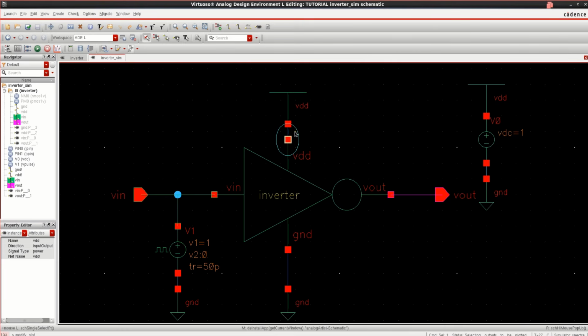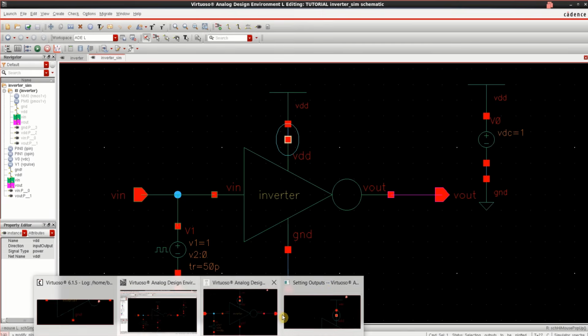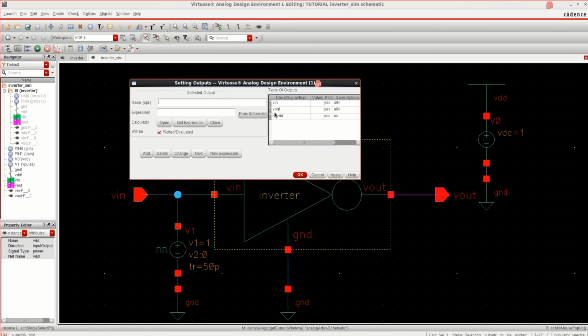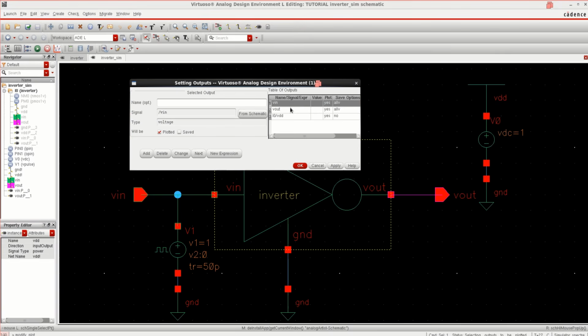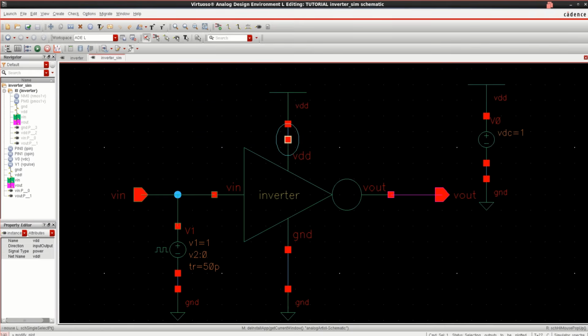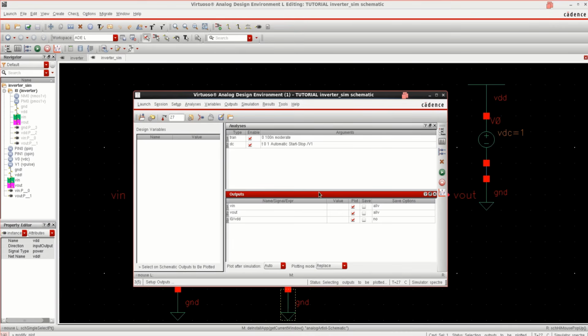Select this particular node. See that the outputs are selected, that is V in, V out and I naught, the current drawn. Click OK. Once all simulations are loaded and transient and DC analysis are selected, it is ready for simulation.